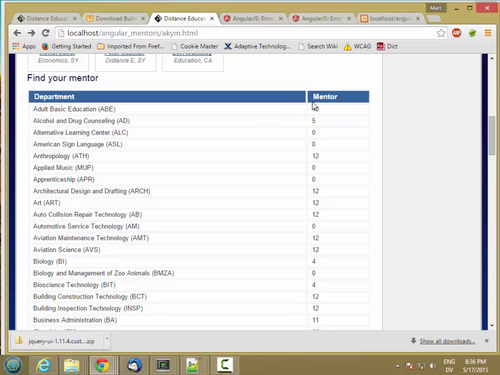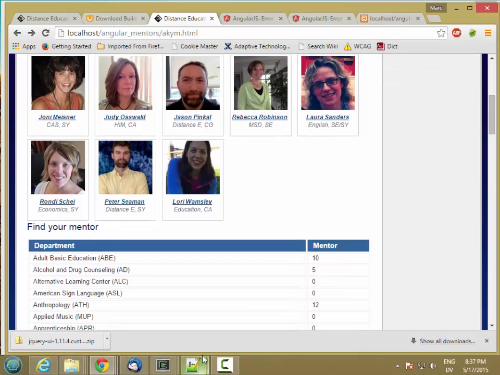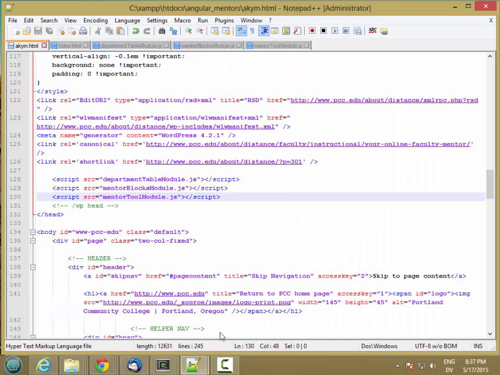Now for this next bit, we want to set the mentor to have the last name here. And to do this bit, we need to understand how scopes work in Angular, because we have one controller that has a departments list here, and we have a different controller that has a mentors list here, and we have to combine the two. So what I'm going to do to start here is I'm going to go to my